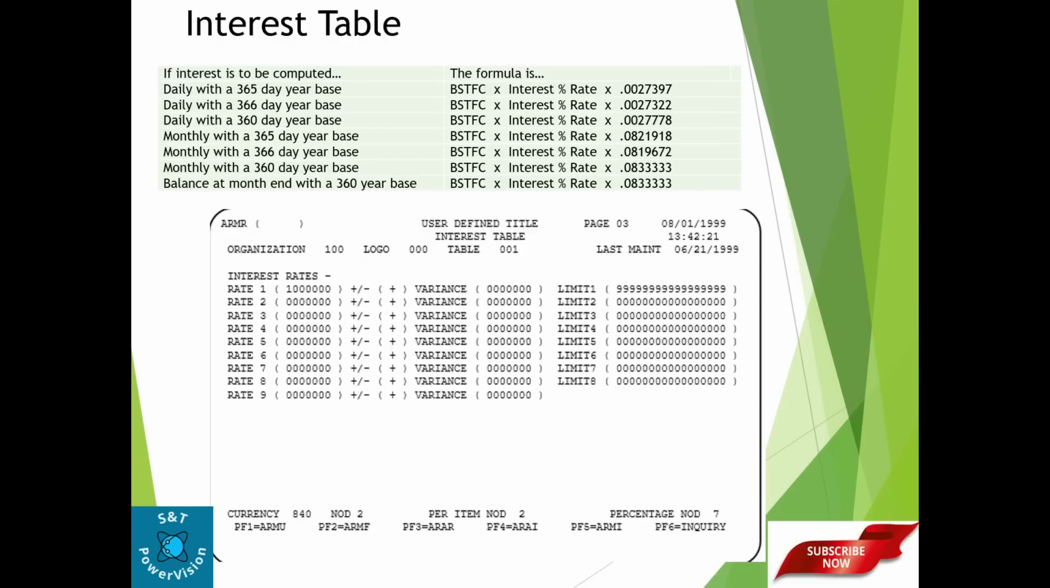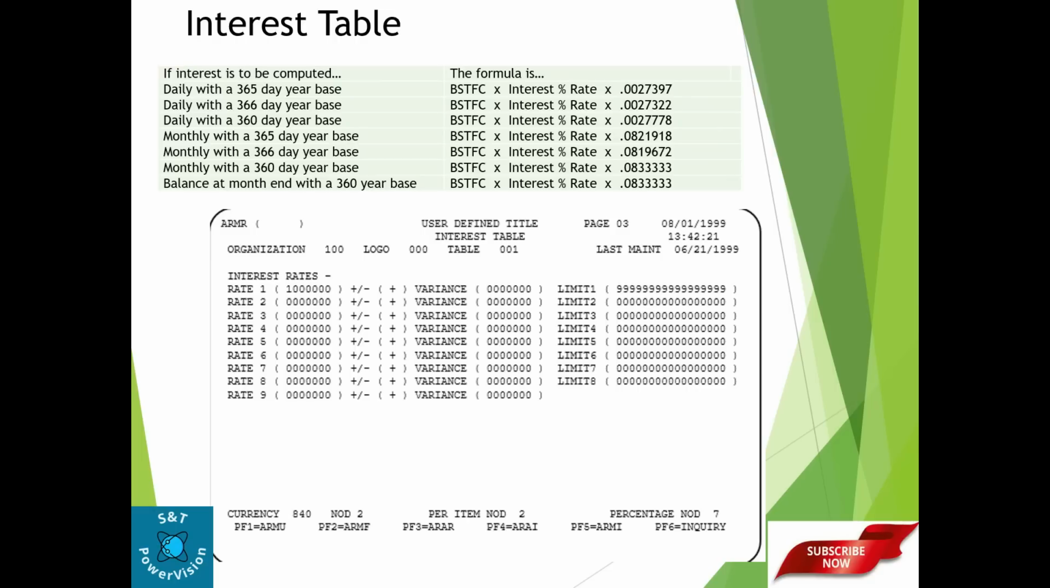Here in interest calculation, based on the year base, a factor is determined. I'll explain here. Suppose daily with a 365-day year base. The formula will be BST-FC into interest percentage rate into the factor. Factor means 1 divided by 365. Daily with a 366-day year base means BST-FC into interest into predetermined factor, 1 by 366 day. Daily with 360 days, BST-FC into interest rate into 1 by 360. That is the factor